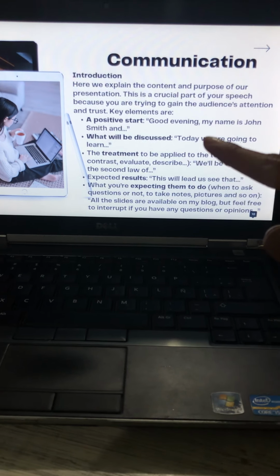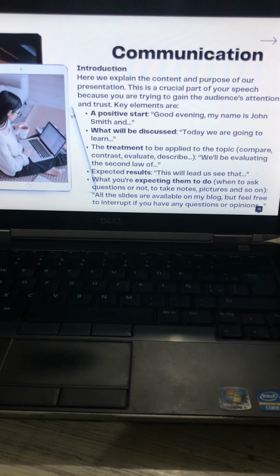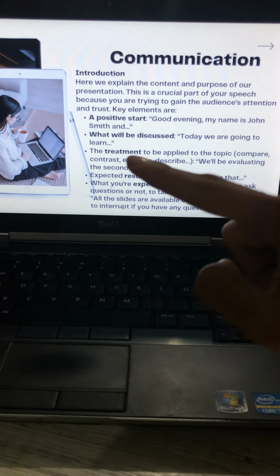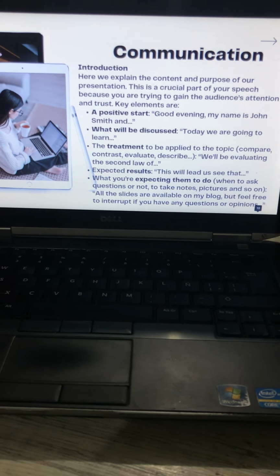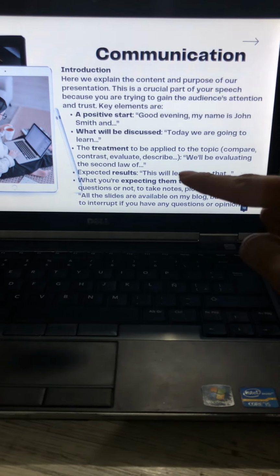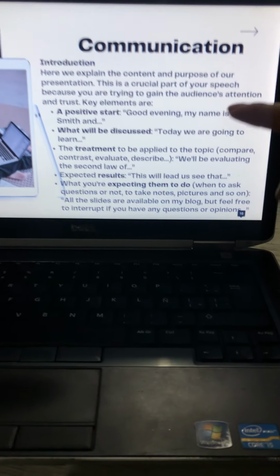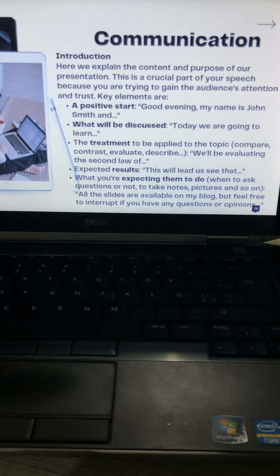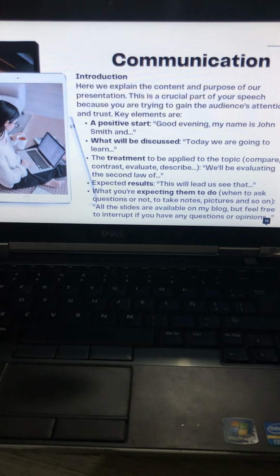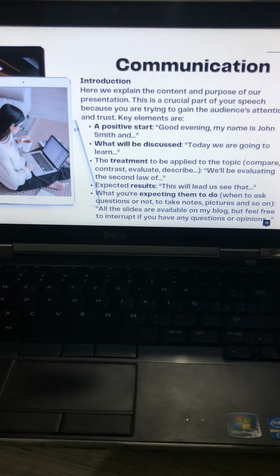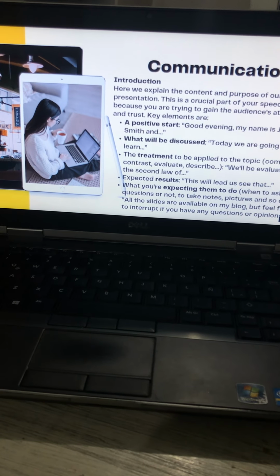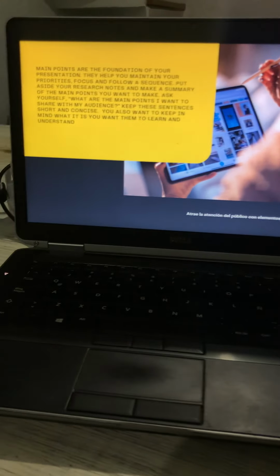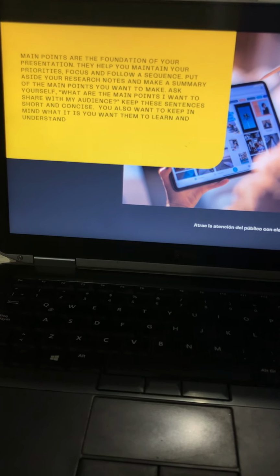For example, today we are going to learn, and the other one is the treatment to be applied to the topic, like compare, contrast, evaluate, describe. For example, here says, we'll be evaluating the second law of blah blah blah. These points are very important for our presentation. Next we have the main points that are so important,